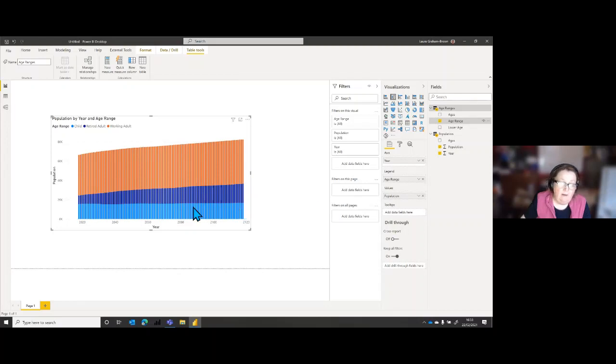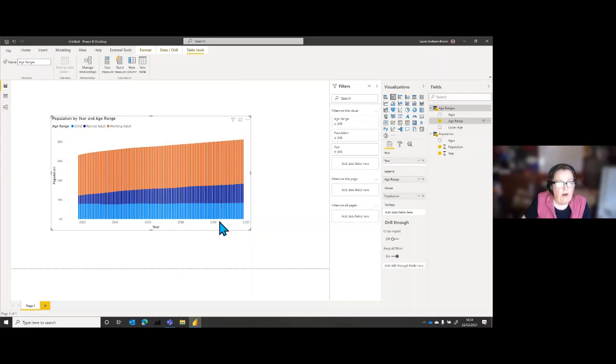Now, you're about to tell me that these are sorted in the wrong order again, and I'm going to have to go and fix that. So I've got my different age ranges here. I've now just got 3 bands of color, so that we can actually work out what the different age ranges are.